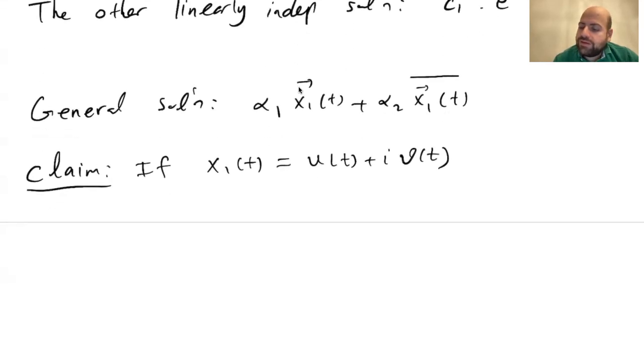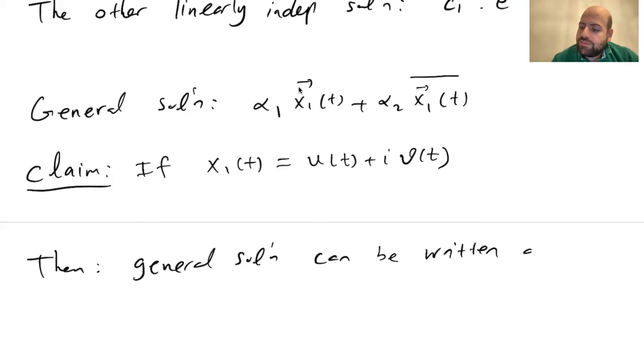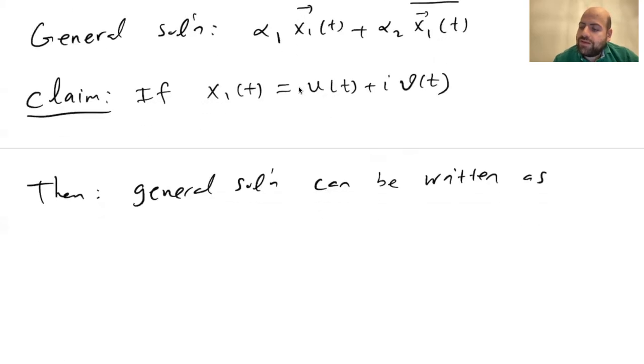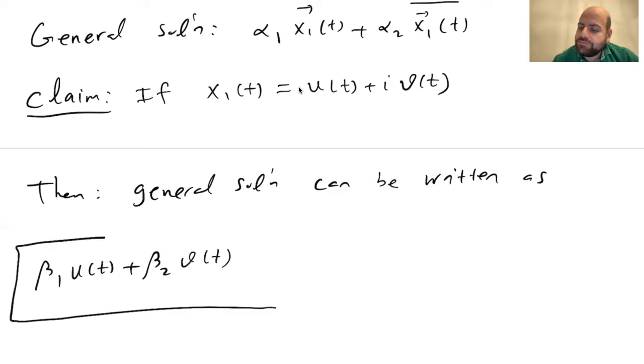If I write X1 of t this way, then the general solution can be written as, let's say, some constant times u of t. Let's say, for example, beta 1 u of t plus beta 2 v of t. So this means in order to find the general solution of our system of ODE in this case, we only